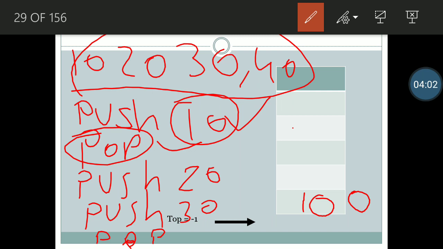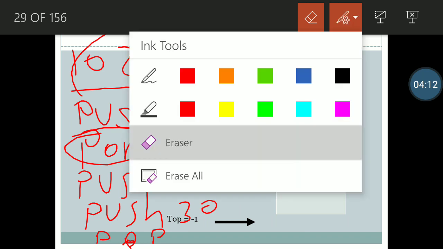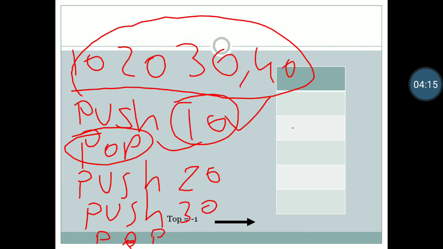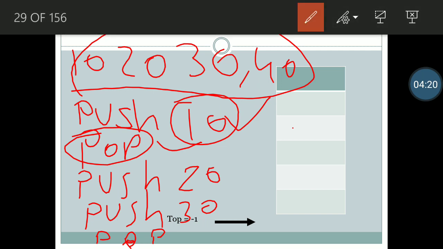Pop operation will delete the item which is 10 and also decrement the top, means again top will become minus 1, from 0 to minus 1. Third operation is push 20. Push operation will increase top's value, means top will become minus 1 to 0 and our value is 20. So at the 0 index we will have the element 20.